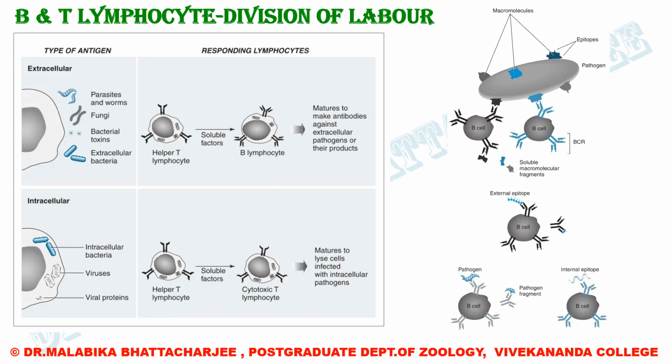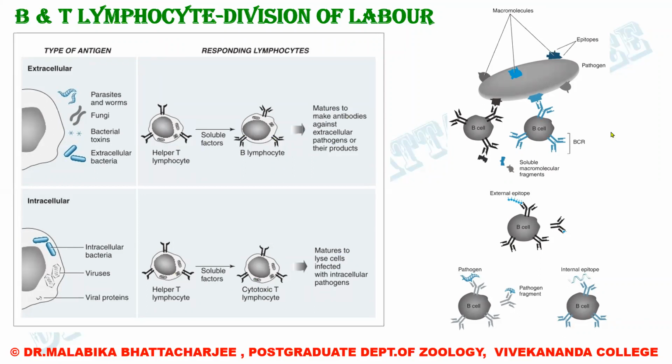You remember in the first slide I showed you that this acts as a pivotal molecule depending on what pathogenic information it is getting. If it's extracellular pathogenic information, it goes on to activate the B lymphocytes. If it's intracellular pathogenic information, it goes on to activate the cytotoxic T lymphocytes. So this is a very basic division of labor. Once a B lymphocyte is activated, it goes on to make antibodies, and once a T cytotoxic cell is activated, it moves forward to attack the target cells.